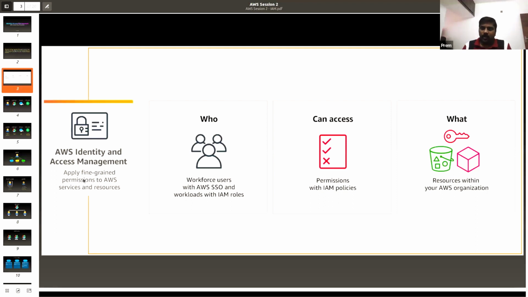You will install your code. Then that resource, the EC2 instance, will access another service called a database. So now the EC2 instance becomes a principal because it is going to access that. Even though it is a resource, it is also a principal. Database is the resource here. So a user can be a principal, and another service or resource can also be a principal.